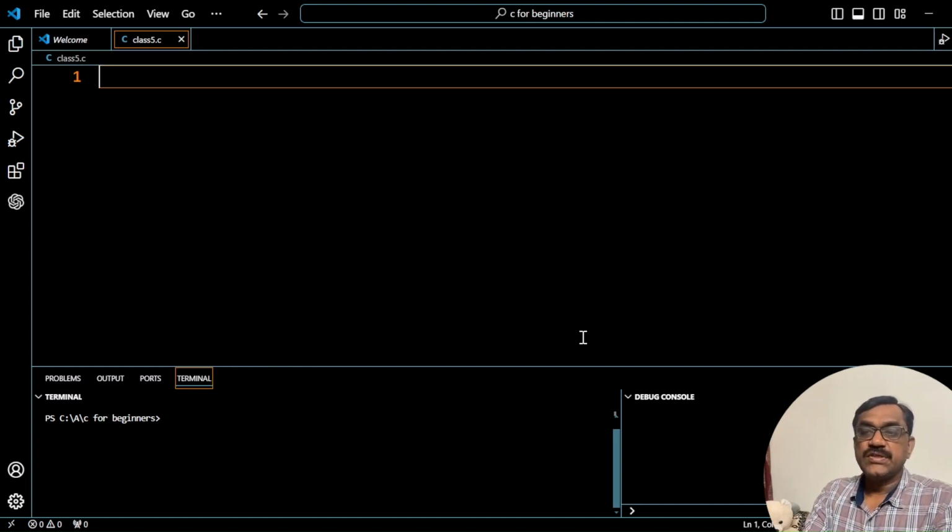So last class we have seen a simple program to print hello world. Now I'm going to write the program for finding the area of circle. Why? Because we have seen the flowchart as well as the algorithm for that. So first thing you have to write the comment section. For that, what you do is